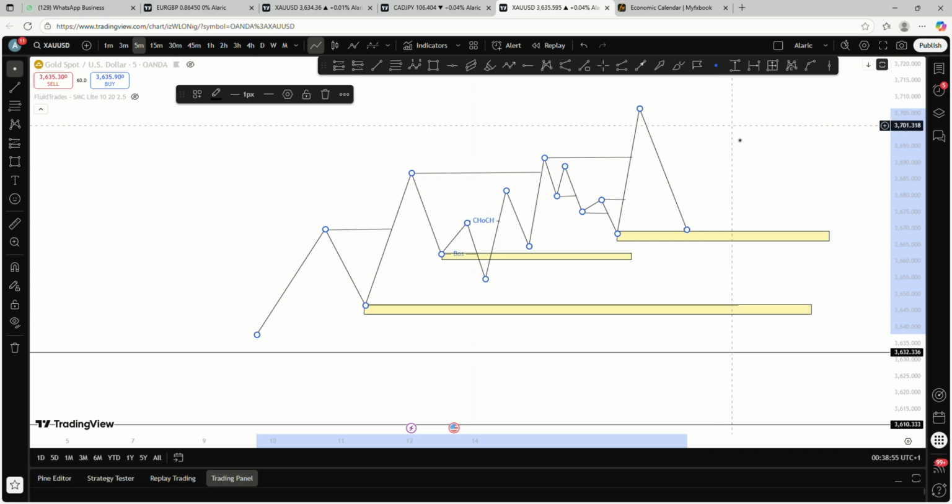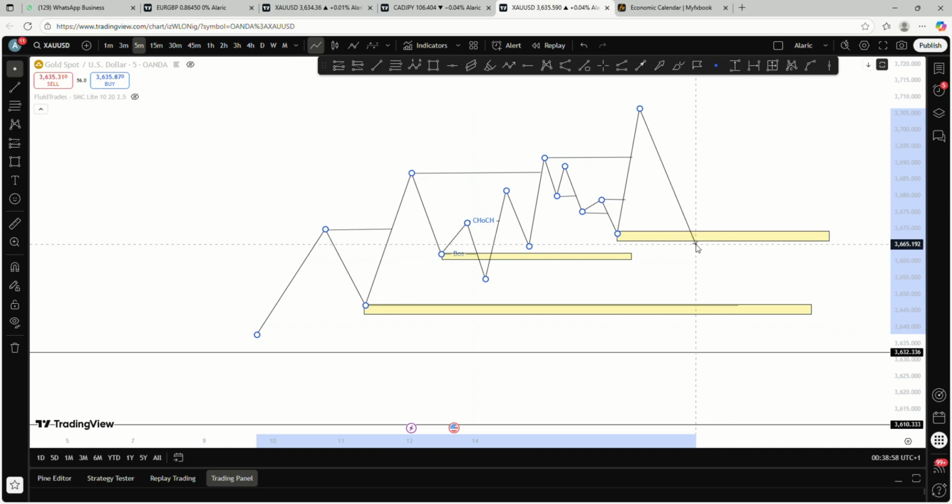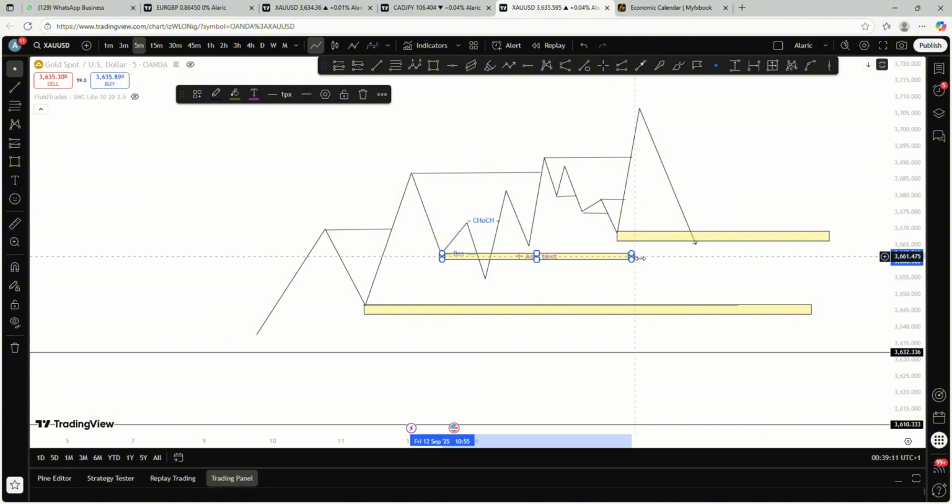But let's now assume that the market decides to break below. Now, when this market breaks below this zone, you don't just start selling immediately because it has broken a structure. No. Yes, I know some people will jump in, but what I personally normally do is this. Remember, this left shoulder is still below that zone.